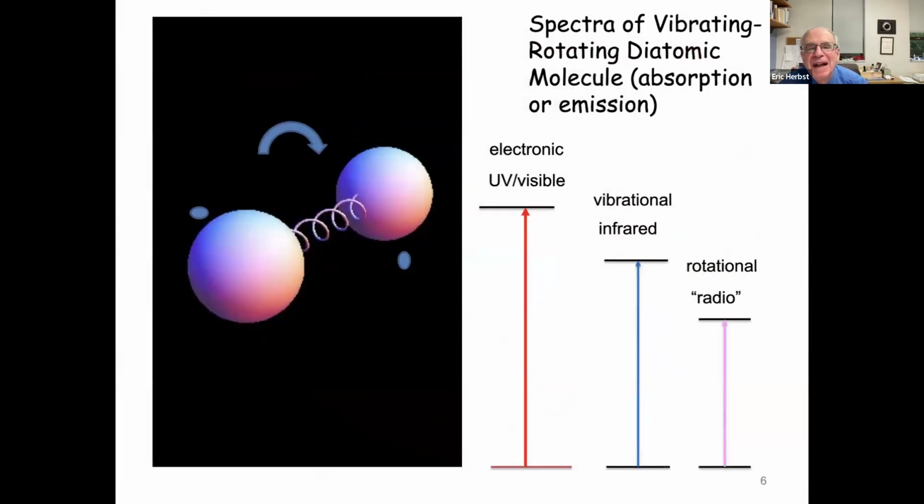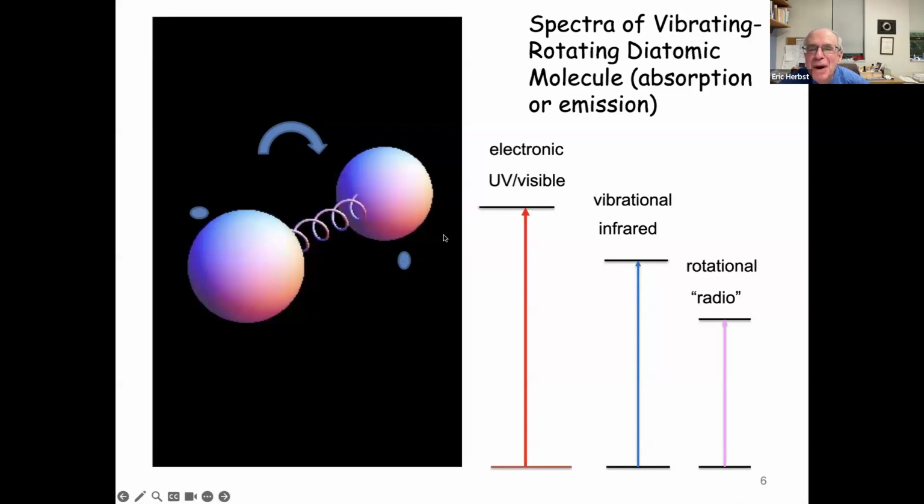All right, so how do we see molecules? For those of you who weren't trained in spectroscopy, this is a picture of a diatomic molecule. These are the nuclei. They're small, but I draw them big, and they undergo certain motions. So this motion is to represent vibration. So the nuclei, along with everything else, they're vibrating. And then what else is happening? Well, there's also rotation, end over end rotation, which I indicate here. And then these little dots here are supposed to be electrons, and they move around.